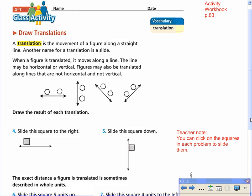Okay? So, on your paper, you also have what I have up here. So let's slide our square to the right. With your pencil, draw another square that is slid to the right. All you would do, slide it over. Draw me another square. Show that you slid it over. Okay, let's